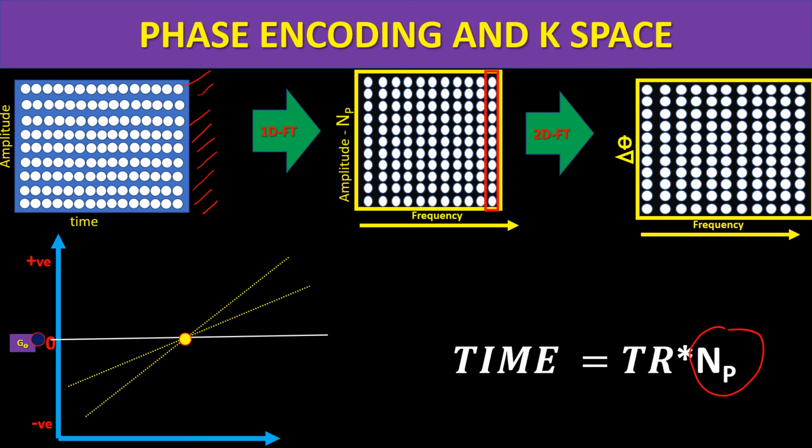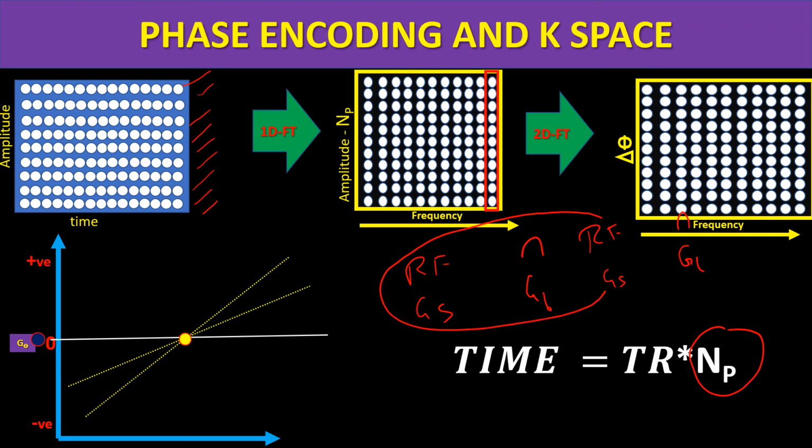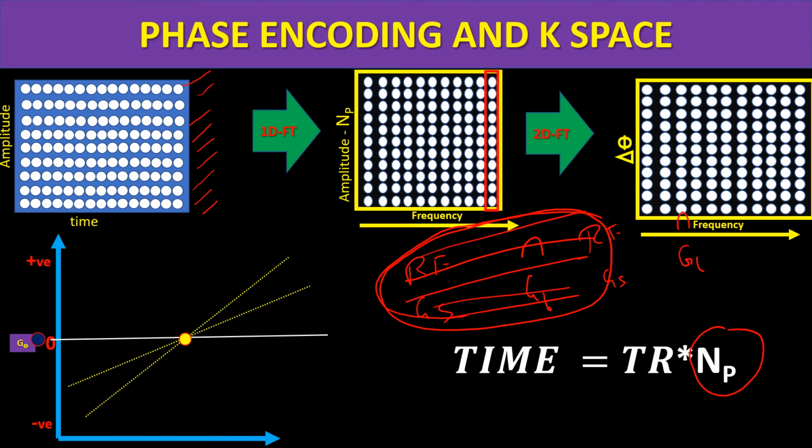One more thing that decides the amount of time for this step is the time to repeat. Once I give an RF pulse with a slice selection gradient, I measure an echo with a frequency selection gradient, then I give a second RF pulse with a slice selection gradient, and then I again measure an echo. So this is the time to repeat. This is one step. How many steps is decided by the number of phase gradients, so that will give the